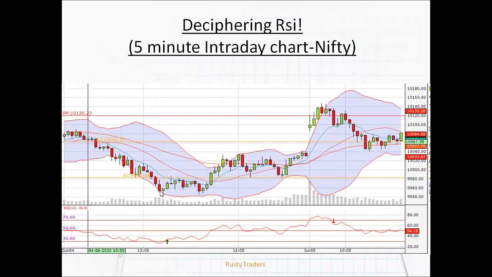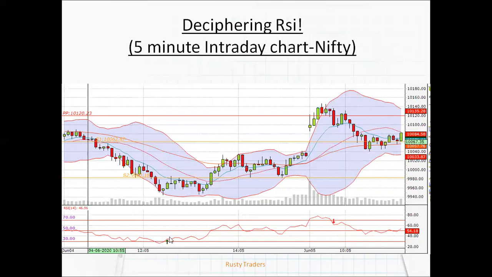So if you see here at this particular level, the RSI is already below 30. So we are not telling you to buy at this level. What we are telling is, once it goes down below 30 and retraces above 30, you enter here. This is where the buy trade should get initiated, and not here. You have to allow it to go below 30 and then allow it to come above 30, and that is where you initiate your buy.